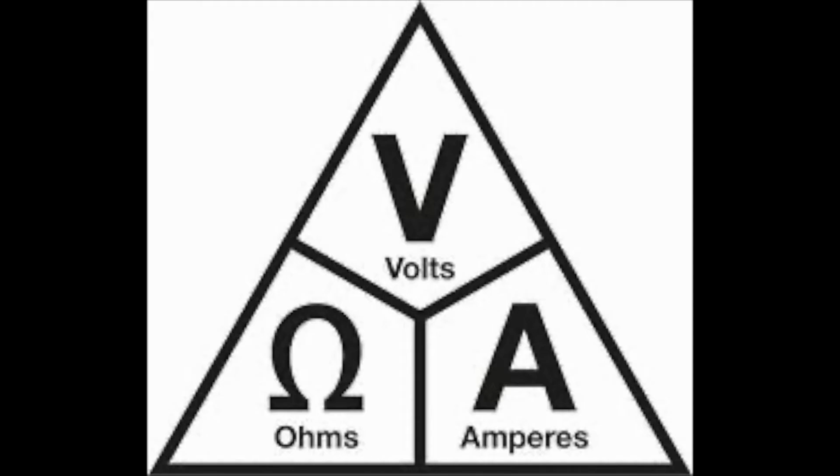Okay, so you can see in this image that there is a triangle with the symbols V, ohm, and ampere. What is this? This is the Ohm's law triangle. The triangle is a visual representation of the mathematical relationship between voltage, sometimes known as U or E, the resistance R, and the current I in a circuit. This triangle is a very easy tool for engineers to remember the three main aspects of electricity. So you can also take this triangle as the symbol of representation for Ohm's law and gain marks.